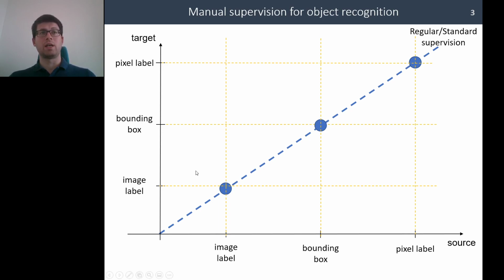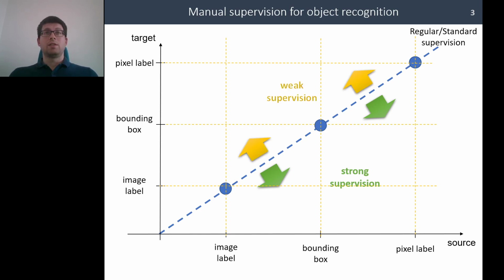The standard case has the same level of annotations during train and test time, and strong supervision is when we have a higher degree of or more detailed annotations during training time. And weak supervision can be defined as having, at train time, less detailed annotations than the expected